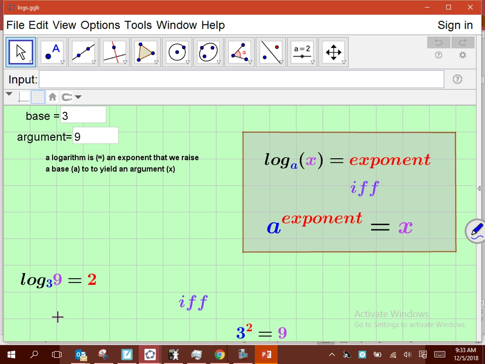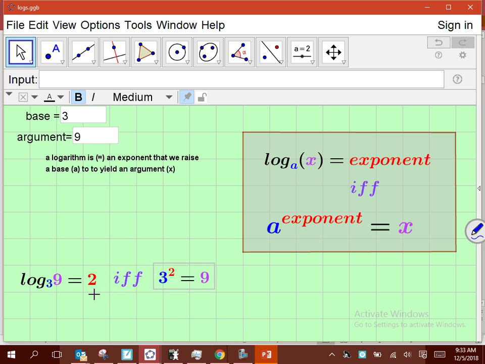So here you see, if I start with 3, log base 3 of 9 equals 2. To transfer that into an exponential format, I'm asking, 3 raised to what power? 3 raised to the second power should come back and give me 9, right? You guys remember